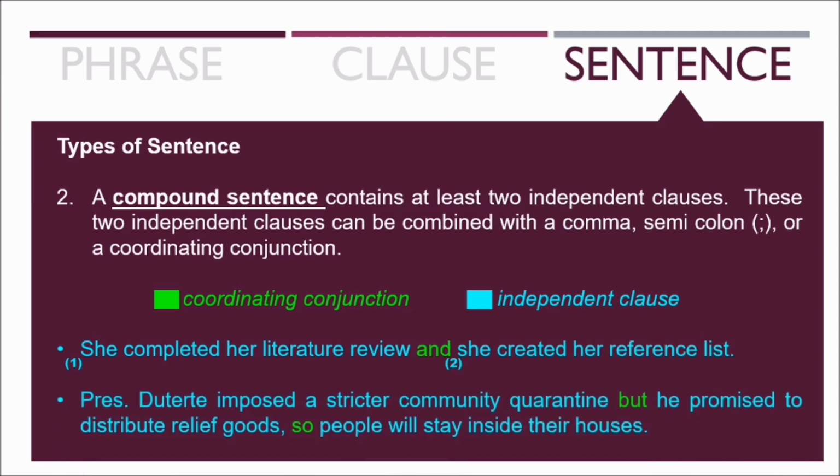Okay, next sentence. "President Duterte imposed a stricter community quarantine, but he promised to distribute relief goods so people will stay inside their houses." In this sentence, we've got a total of 3 independent clauses combined by the coordinating conjunctions "but" and "so." Okay, so that is for compound